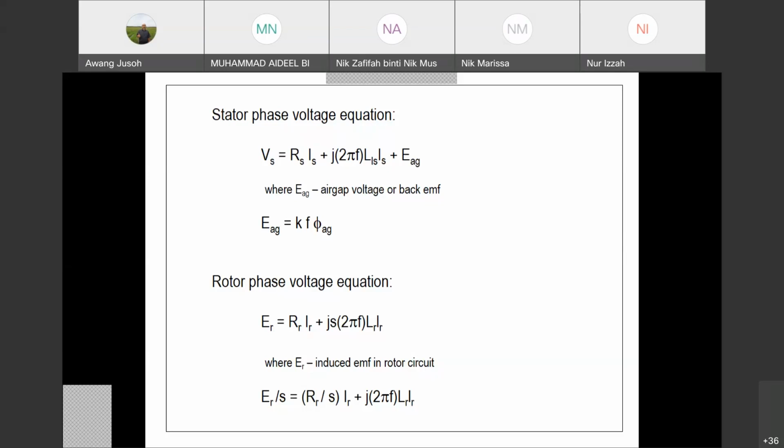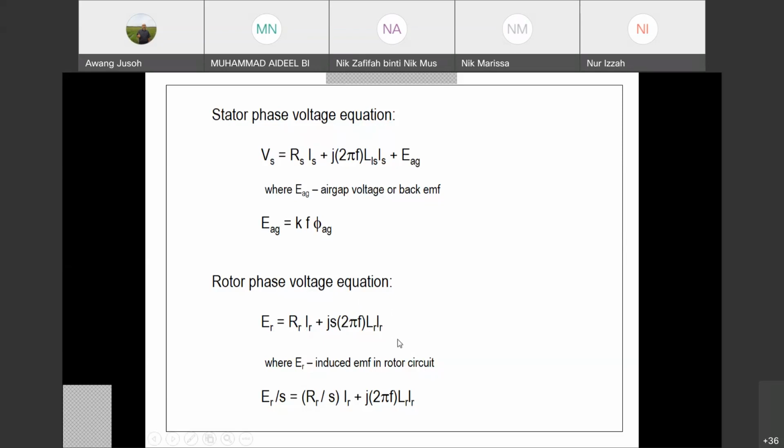So it looks like the transformer. Transformer is stationary, right? The primary part and secondary part have the same frequency. Similar for the motor. If the motor is not moving, the frequency in the stator winding equals the frequency of the rotor winding, like it's stationary. But when the motor is moving, then we have a frequency at the rotor side. That's why I have F2 there. Just to make sure, the frequency of the rotor is not the same as the frequency of the stator. The relationship between these two is given by F2 equal to SF1.